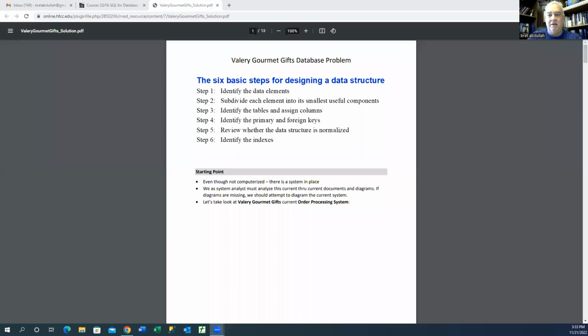So let's just go over this right quick, and this will allow you to know how to do this and help you with your project. So I'm going to share out my screen right now with the solution. And as you notice,